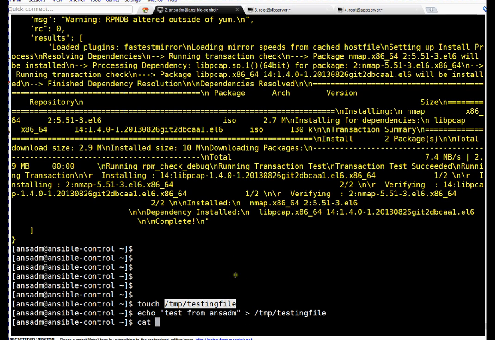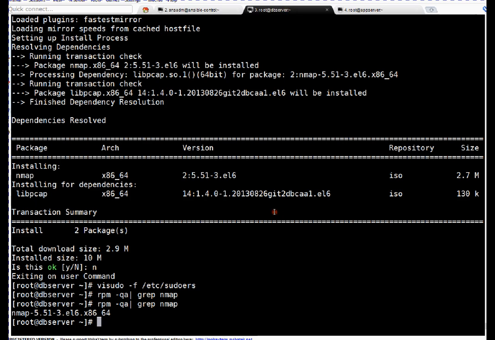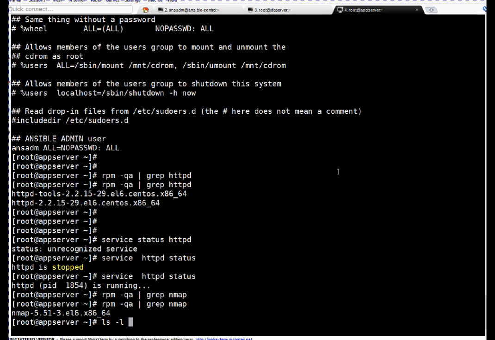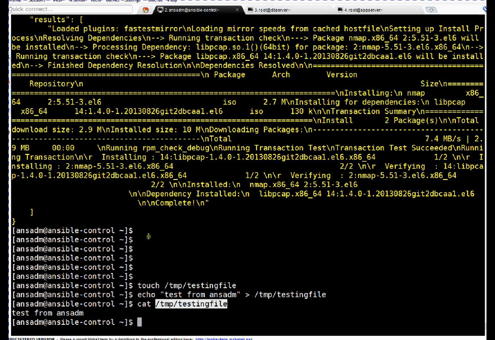Okay, so let's say I want to copy this file to all servers. So I can use the Ansible copy module in this case. And let me show you, this file did not exist on the servers before. And on the other server, this file does not exist either. So let me copy this file using the Ansible module. So ansible